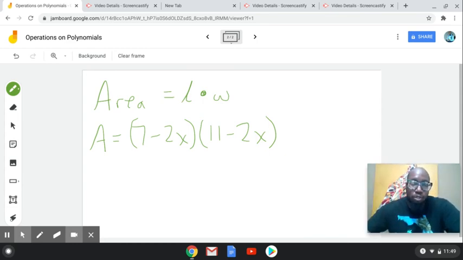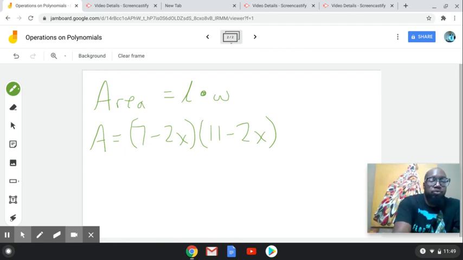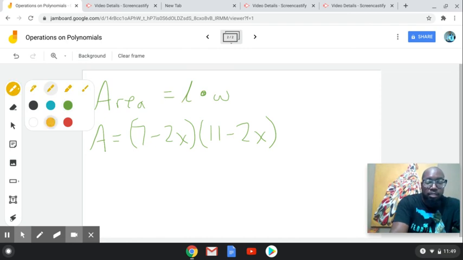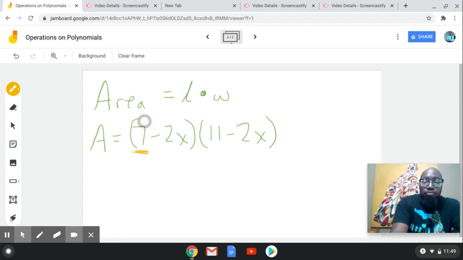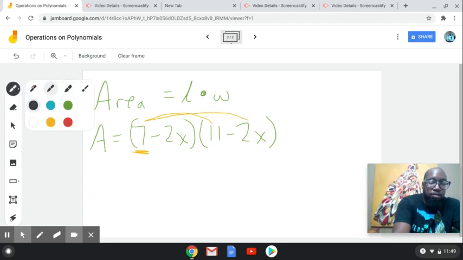So what you're going to do is a process called double distributive, or we call it the FOIL method, okay? You're going to take the 7 and distribute the 7 over to your second binomial. You're going to distribute to the 11 and to the negative 2x, okay? And when we do that, we get